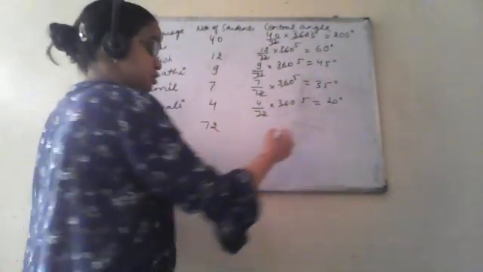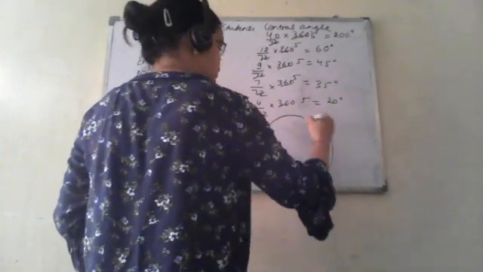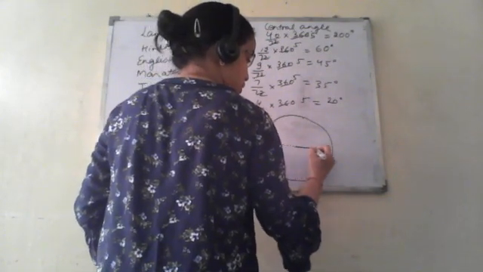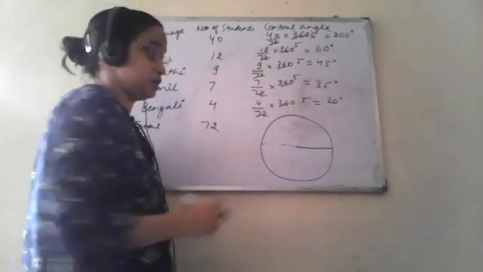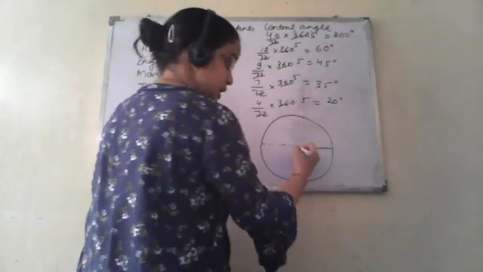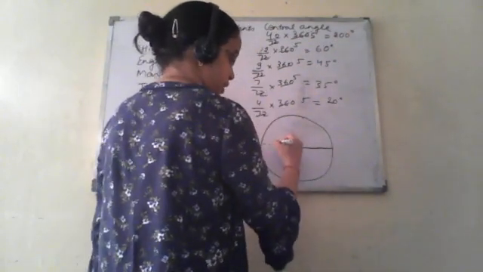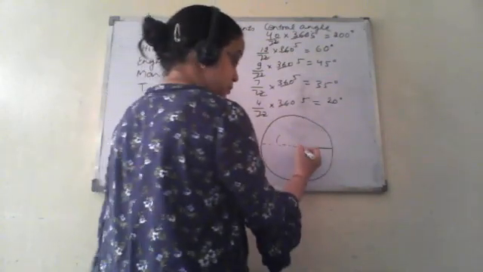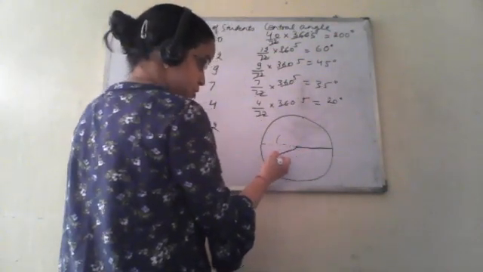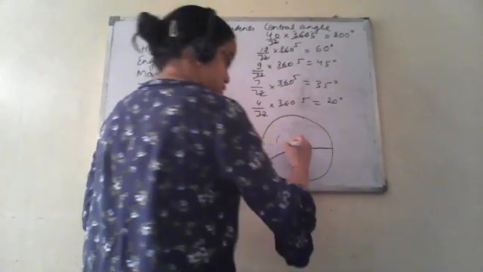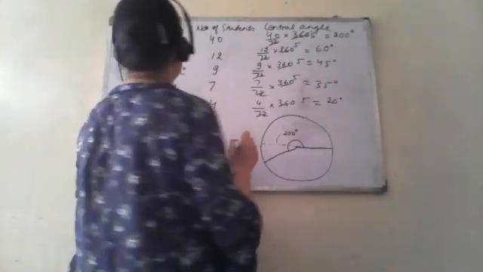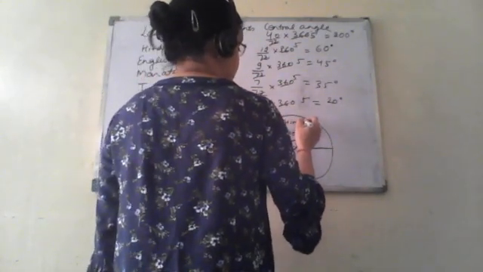Now we will draw these. So first we will draw a circle. Then we will draw the dotted line. Basically this is a diameter. So from this point we will put our protractor here and we will draw first 200. So this is the baseline of the protractor. Okay, you will find a D-like structure. So this is the baseline and this complete line will be of 180 degrees. So 200 degrees will be slightly more than this. Okay, it will be slightly more than this line. So this whole angle will be 200 degrees. You can use a protractor so it will come more here. So this is for Hindi.